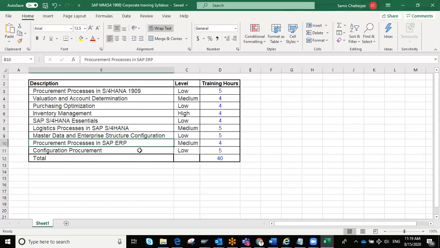We shall discuss consumption-based planning, which is applicable for most of the operating supplies and class C and class D products. Consumption-based planning is based on the historical consumption of the products and services. So products and services both come in the category of materials in the procurement and sourcing domain.